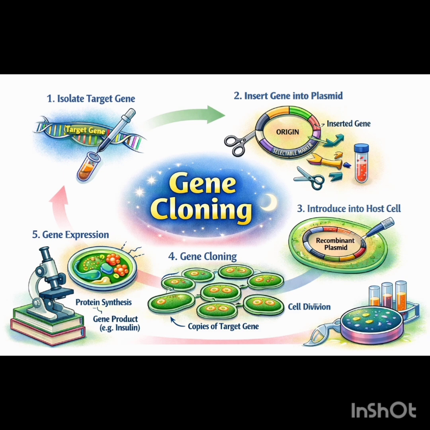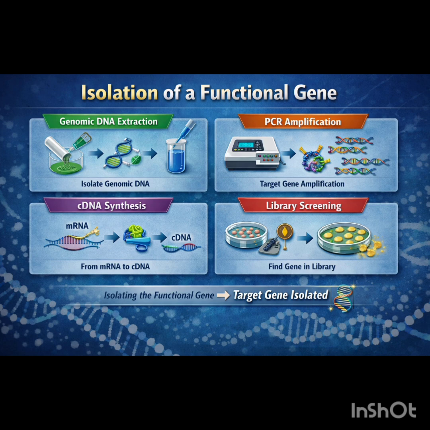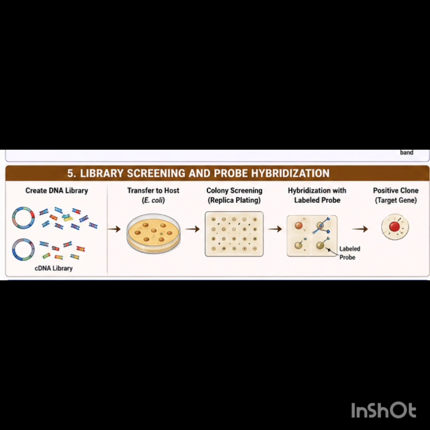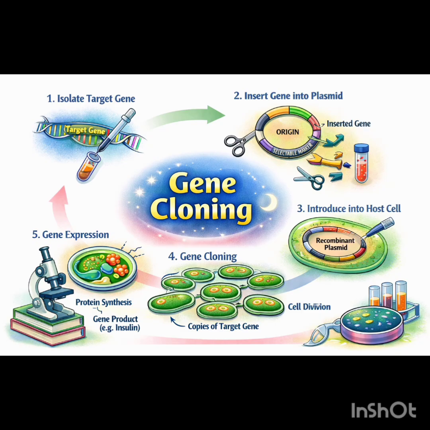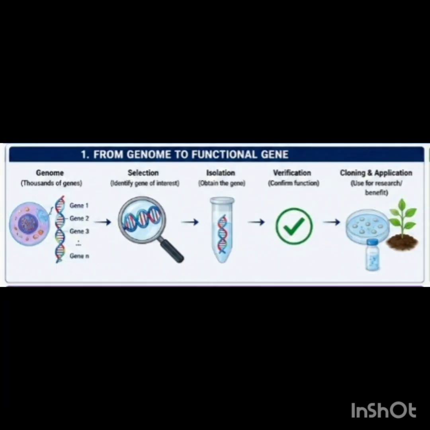The applications of functional gene isolation include production of insulin, growth hormone synthesis, and even gene therapy. In agriculture, it involves pest-resistant crops, drought-tolerant varieties, improved nutritional quality. In industry, it includes uses such as enzyme production, biofuel generation, bioremediation. And in research, it includes understanding gene regulation, studying diseases, and developing novel therapeutics. So, the selection and isolation of functional genes form the foundation of modern molecular biology and genetic engineering,